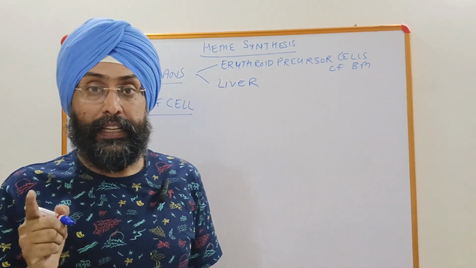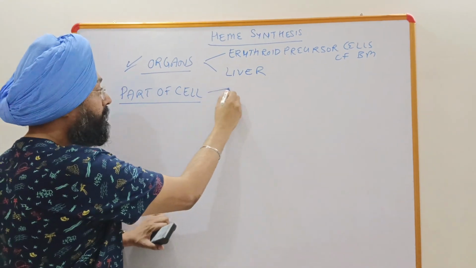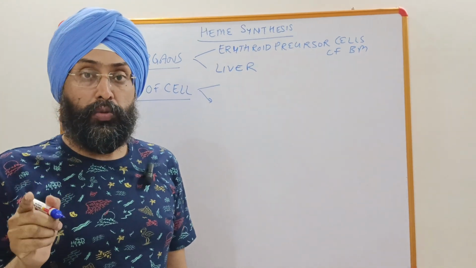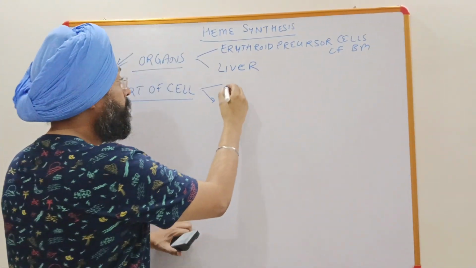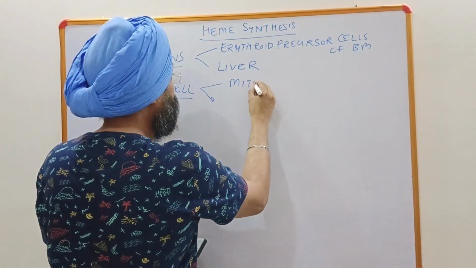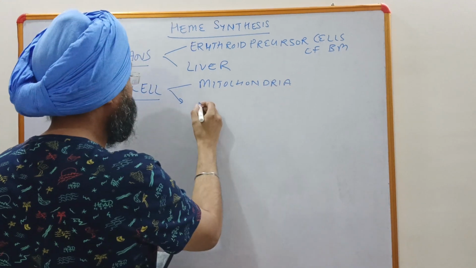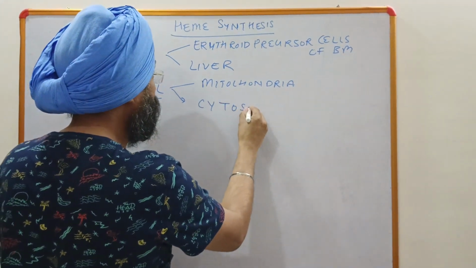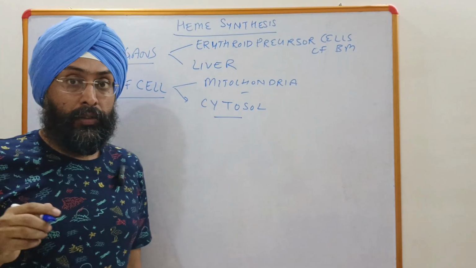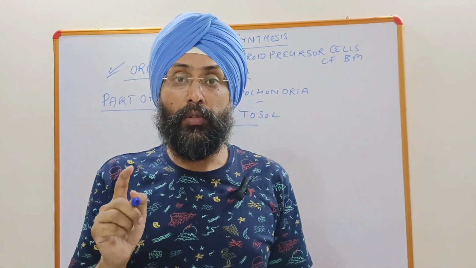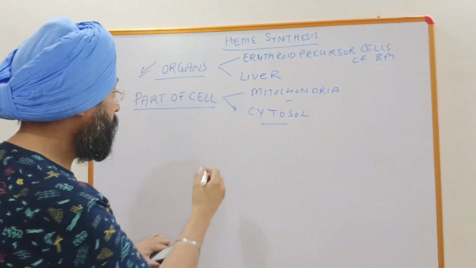Now, coming on to the site, which part of the cell where the synthesis takes place. Remember that it is supposed to happen in both the organs, that is mitochondria and cytosol, right? So you may find it difficult to remember which part it happens. So I will give you a mnemonic for that. Remember the mnemonic